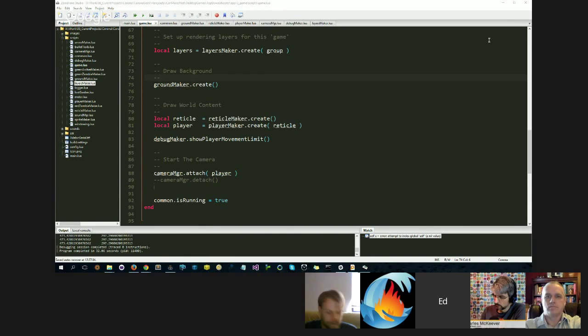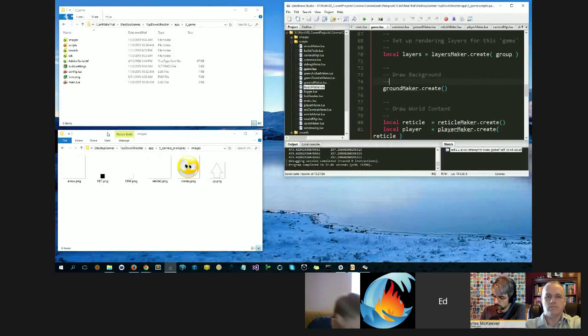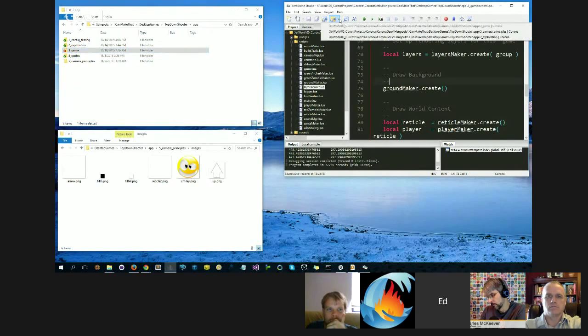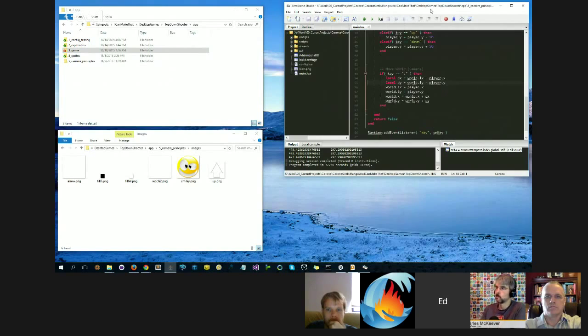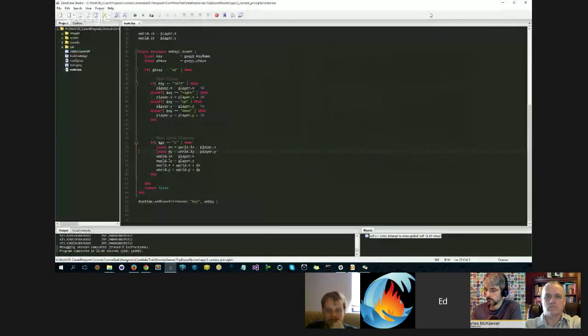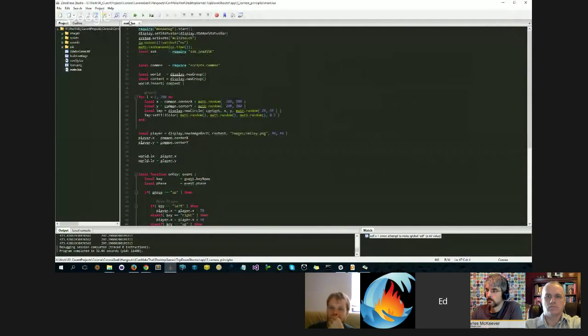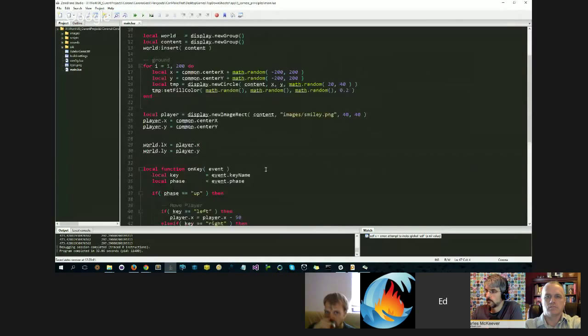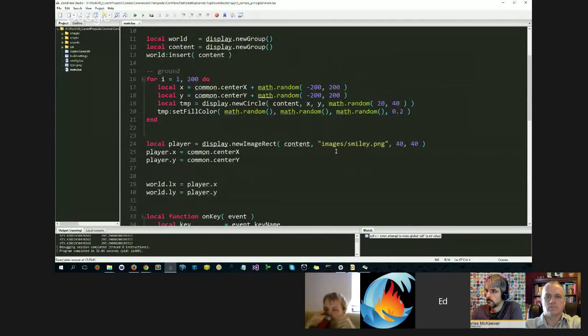So, in order to make this as simple as possible, I have created a new folder within the top-down shooter app folder. It's called 5 Camera Principles. And I will switch to that now, and then I will show you what it does, and then I will explain it. It is basically one file, main.lua, 66 lines of code, which I'll zoom in on so we can read it in a minute. But when we run it,